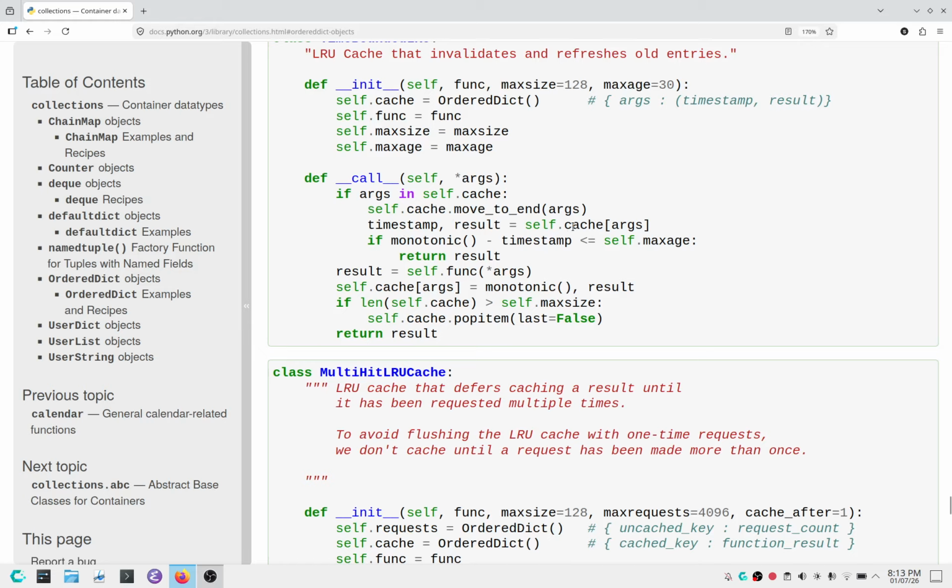Timestamp and result are taken from the cache args. If monotonic minus timestamp is less than or equal to self.maxage, then result is returned. Then result is assigned the return value of the func with the arguments, and then monotonic value and result are assigned to self.cache args. If the length of cache is greater than self.maxsize, then you pop the last item